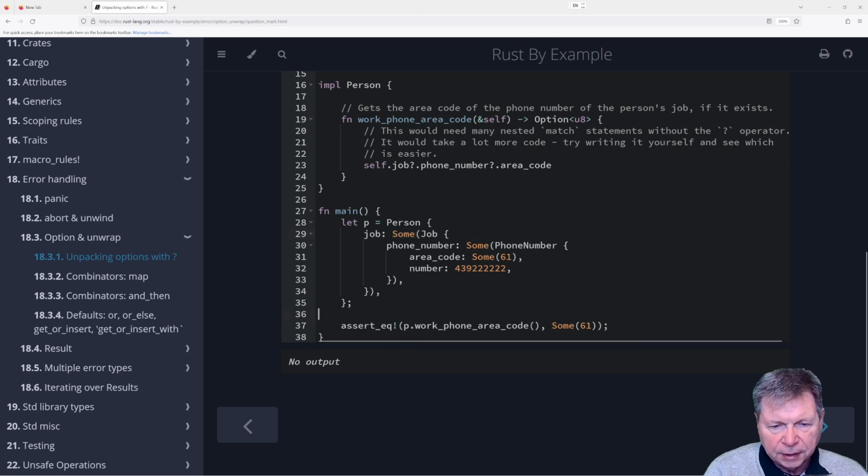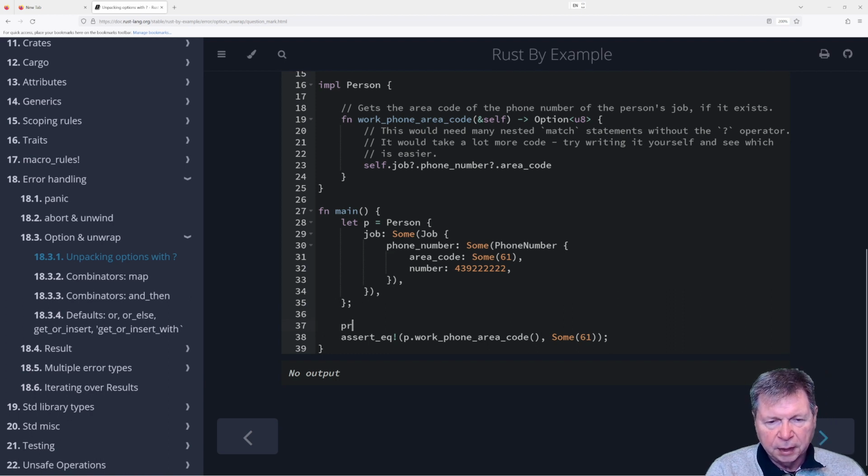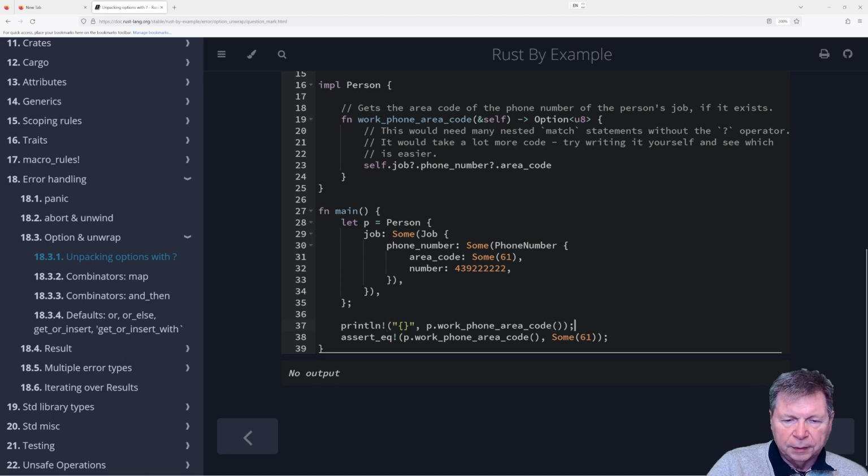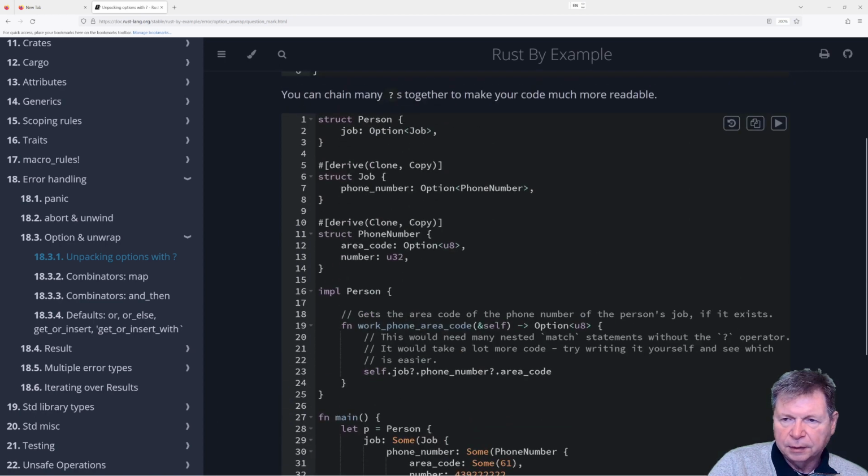Instead of doing the assert, let's do print line. Let's see if that does anything.